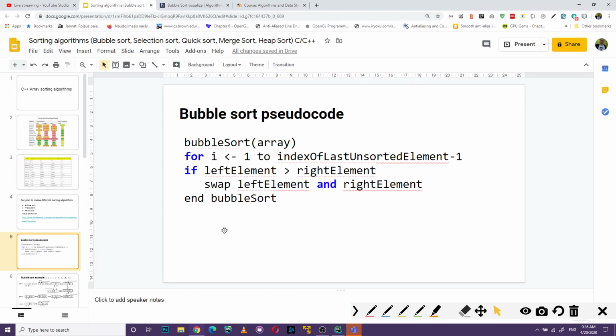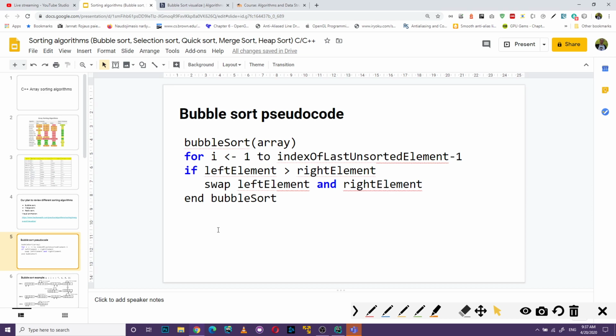When we move into the bubble sort pseudocode, you will see bubble sort array, we pass an array, and here we have a sequence or collection. We start from 1 to the index of the last unsorted element minus 1, and if the left element is more than the right element,